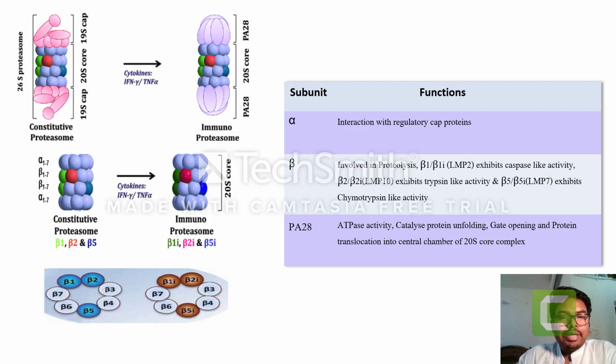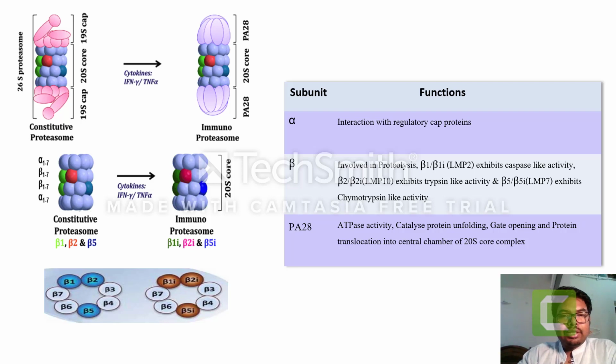The alpha ring is responsible for interaction with the 19S cap region, and the catalytic activity lies with the beta rings. The specific subunits which are involved in the proteolysis are beta 1, beta 2, and beta 5. Now,